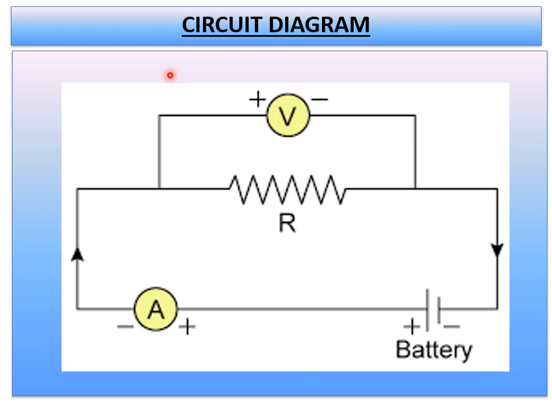So this is a general circuit diagram, children. This is a voltmeter. And I told you the voltmeter is always connected in parallel across a resistor. So this is your resistor. We'll talk later about this resistor in the later part of our lesson. This is the ammeter. Already I told you the ammeter is connected in series in the circuit, and this is your battery symbol. Okay, these are the circuit diagram symbols shown here.